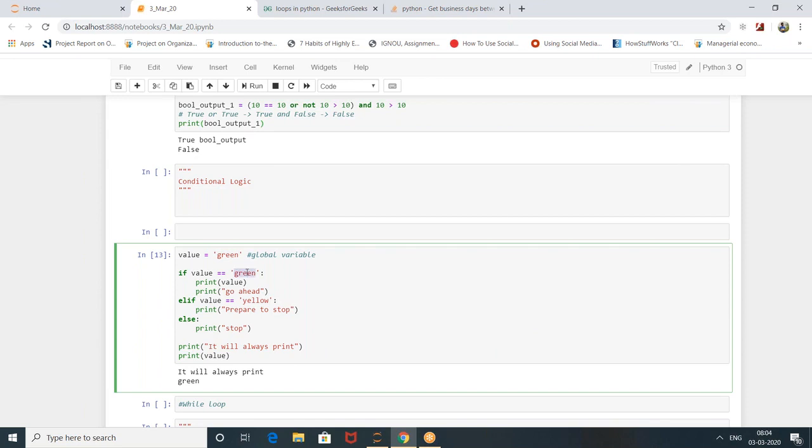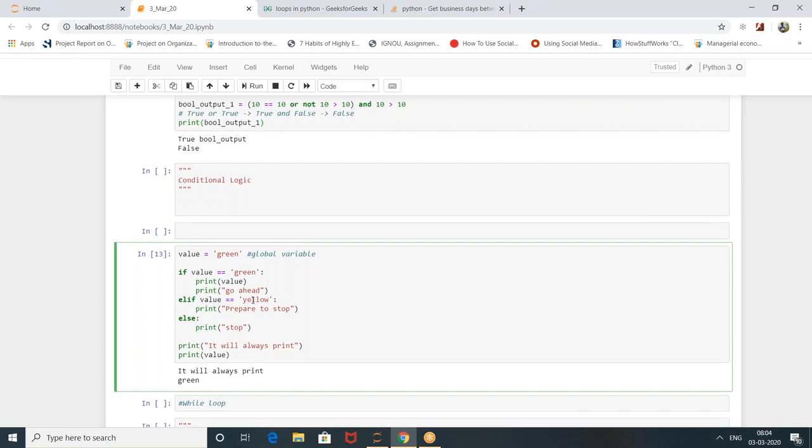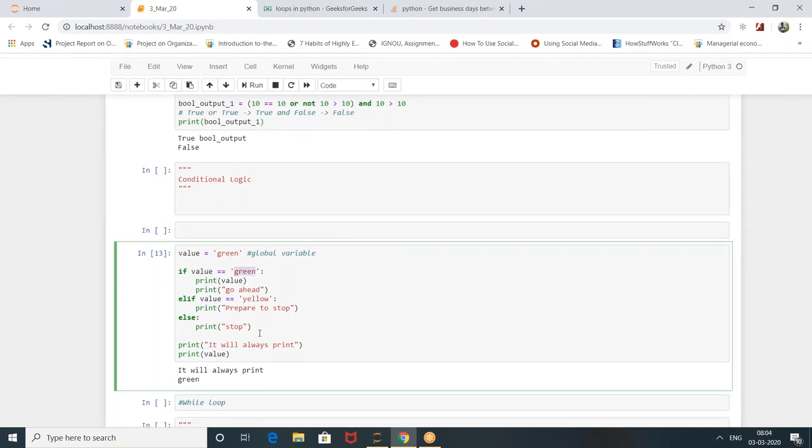When it is green, you will go, right? If it is red, you will stop. If it is yellow, you get ready to go, right? So you will go ahead only when it is green color. So how will you handle this simple traffic signal within a Python program? Suppose let me run this program and see what will happen now.